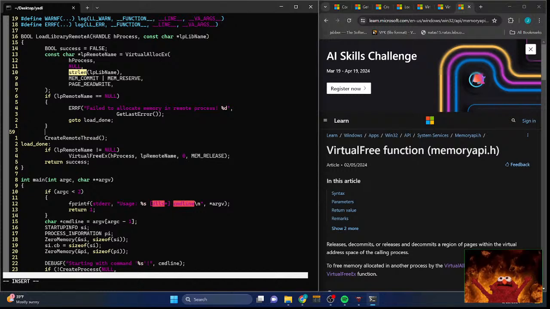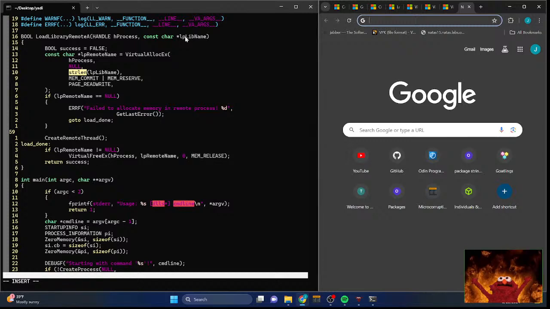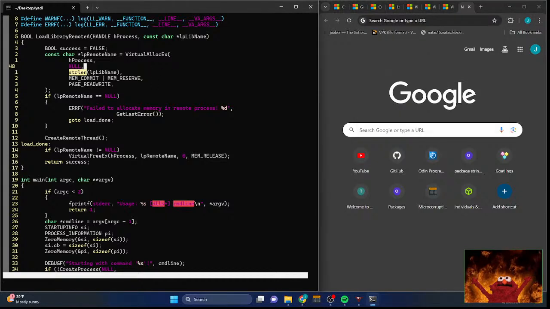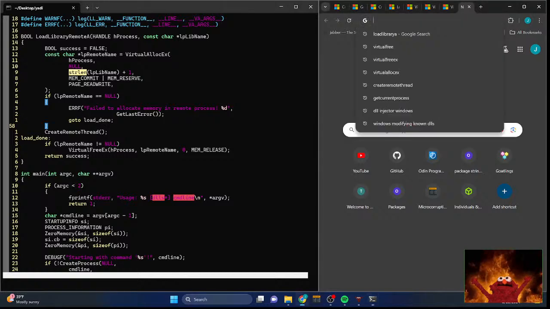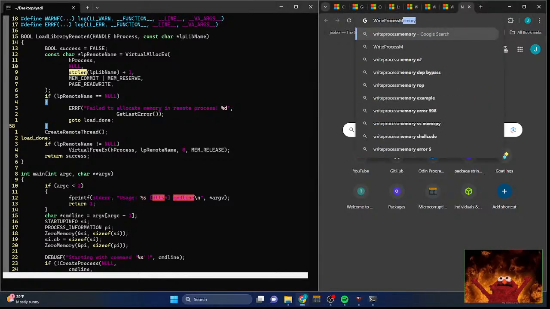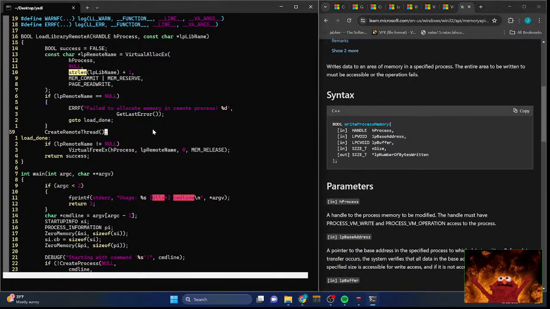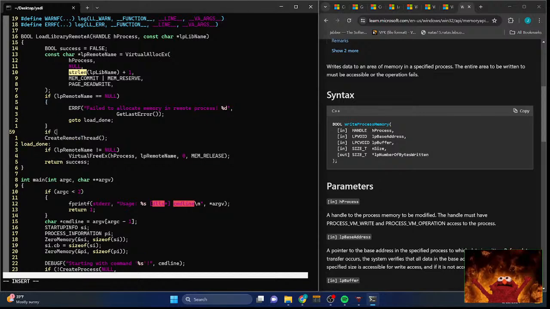And so now I want to write this name into the remote name. Again, speaking of which, this should be +1 because I want room for the null byte. Yeah, so we want to write into the process memory. So there's an API call called WriteProcessMemory. And so I can say if not WriteProcessMemory, h process